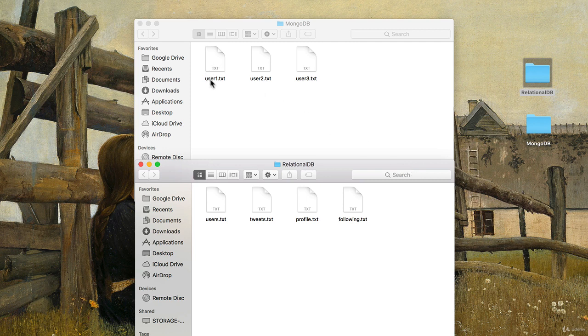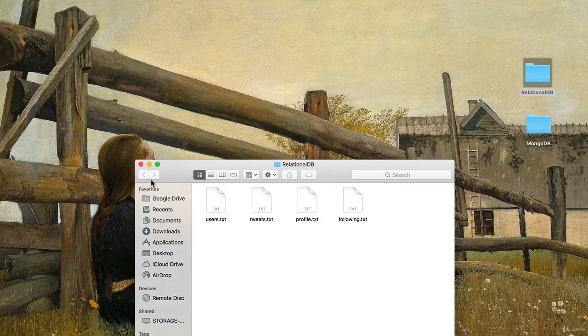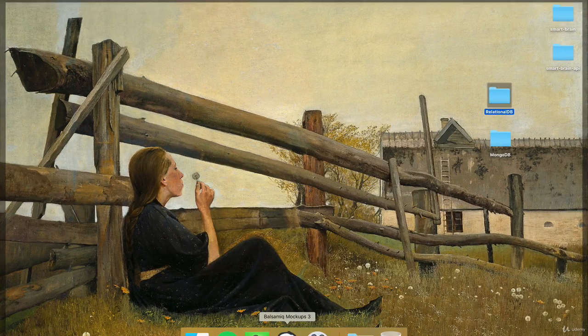You can see this MongoDB way being very useful if you had something like a profile, maybe a LinkedIn profile. But if you needed something where you're working with just following data or just tweets data, maybe with the tweets, you want to see what is the average tweet size. Well, it's really easy to just grab this file and calculate that versus this way where you might have to extract it from each one of the users. So it really depends on your needs. Let me show you another diagram that might be useful.